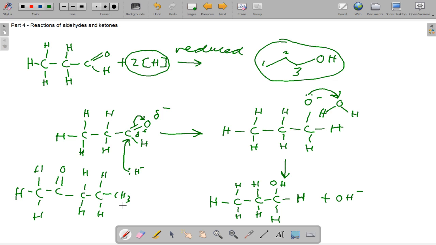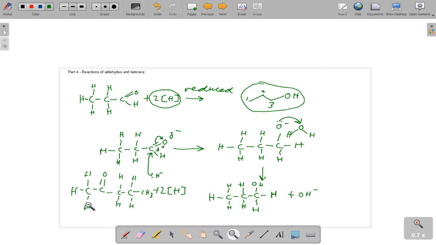I'm simplifying it for the sake of not having enough space, and then you get 2H, and you will get H, C, H, and then on the second carbon you get an OH group,